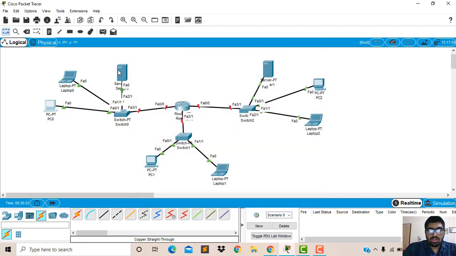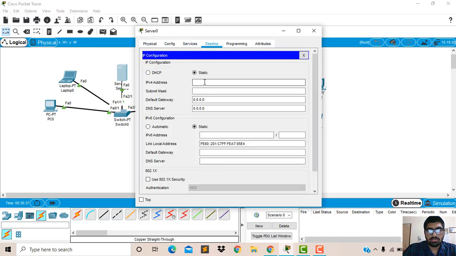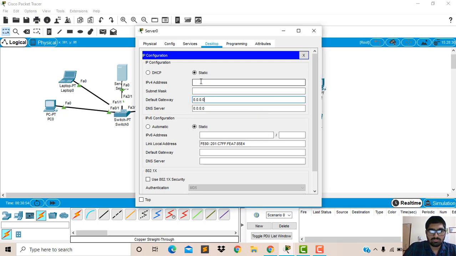Now I am accessing the server as well, with the IP address 192.168.10.4. The subnet mask will come automatically. The default gateway is 192.168.10.1.